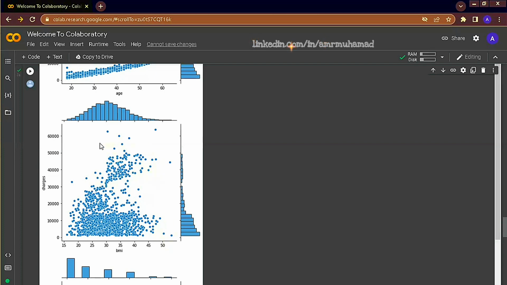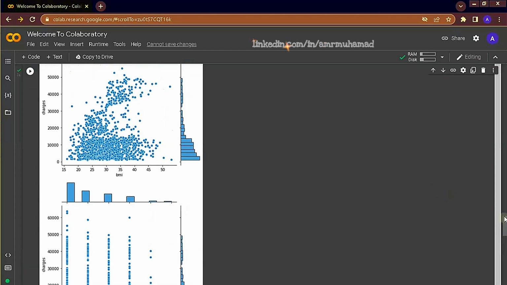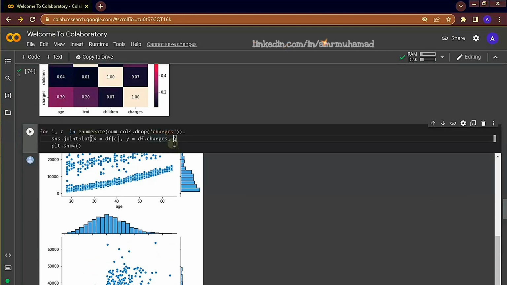Apart from others that are scattered around, we can also note that for customers with age 50, there are 2 that have small charge values and others that have a relatively higher charge value. We can look into these specific customers and understand why such a difference exists. Finally, if we look at children, as we said, it's discrete and it's not actually a perfect way to visualize a discrete value using a scatter plot like this, so we can add trend lines. What are trend lines? First of all, let's include trend lines.